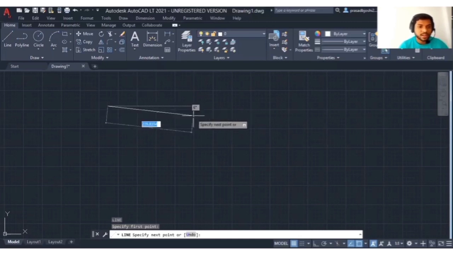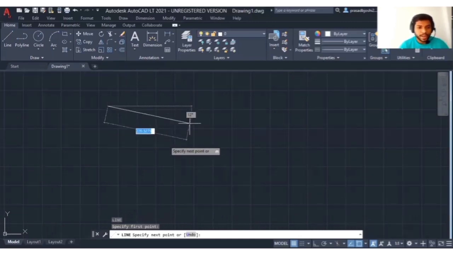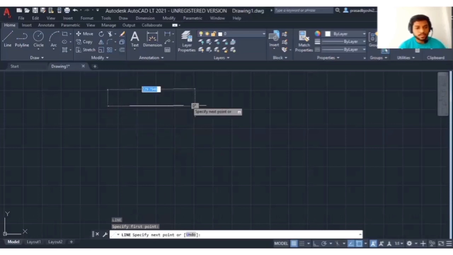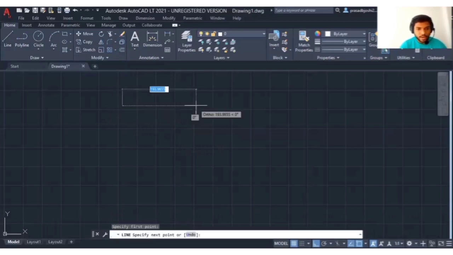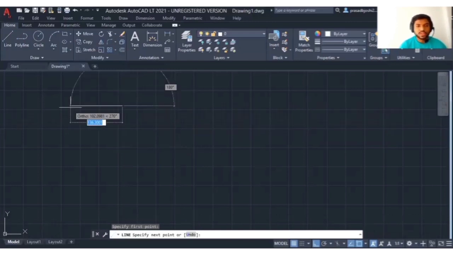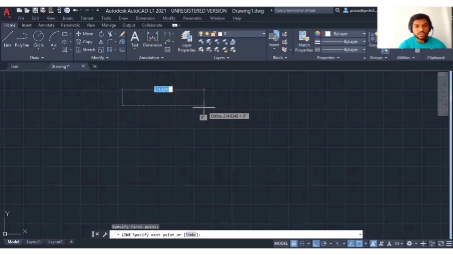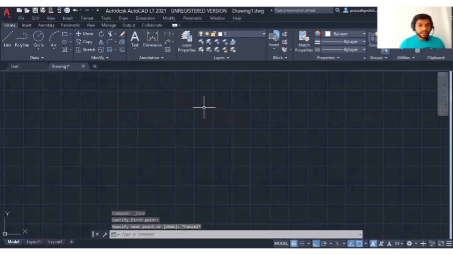Now you can see that the line is not straight. To make the line straight, we have ortho mode. So here we can see the ortho mode. It's not highlighted, that means it's off. So we will click on this to turn on the ortho mode. Now our ortho mode is highlighted. So now let's select the line command again, specify the first point and drag. Now you can see the line is straight. Okay, so this is the use of ortho mode. The shortcut for ortho mode is F8. You can simply press F8 to make the line straight.